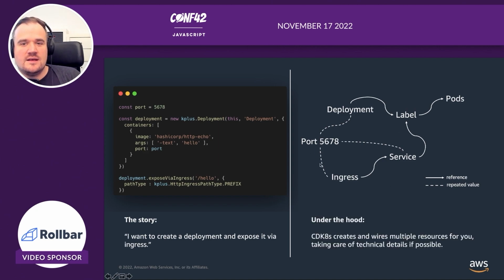And there you see that this whole graph is already getting a little bit complicated for such a simple application, but you don't have to think about that. You wrote your story in CDK8s Plus, and under the hood, CDK8s created and wired all those resources for you and took care of boring technical details that you just have to get right, but actually do not really give you something new or cool. It just has to be done, and you can stick to your much more concise story of what you wanted